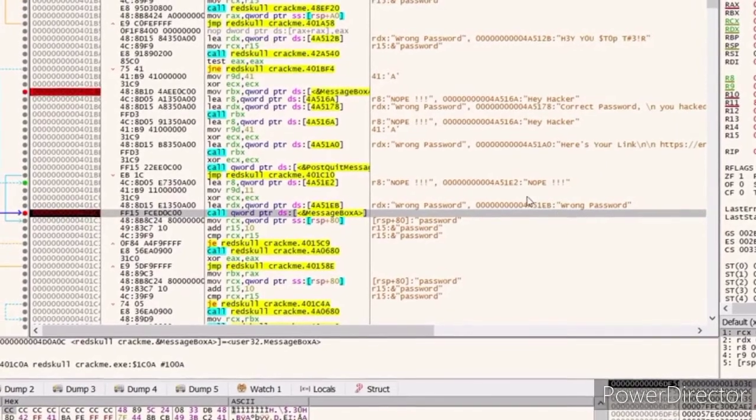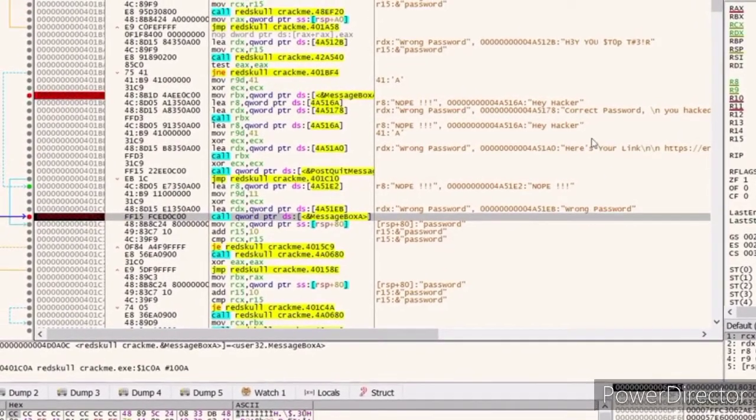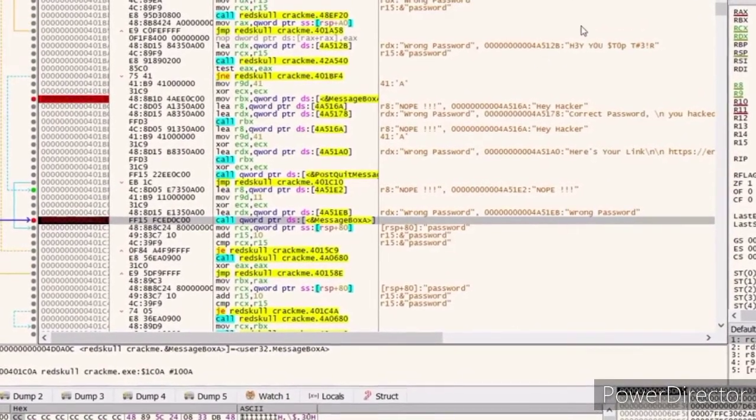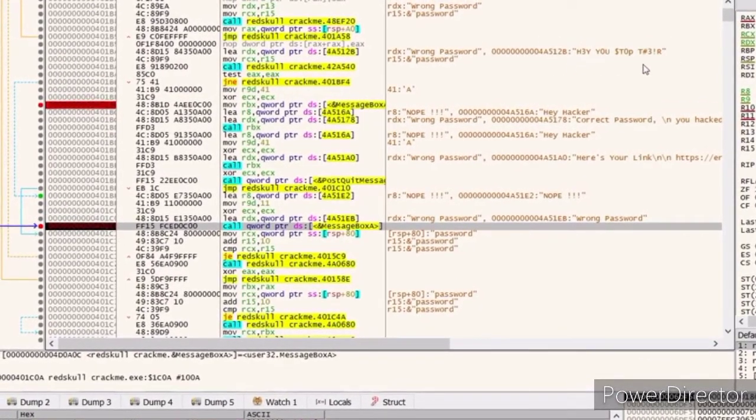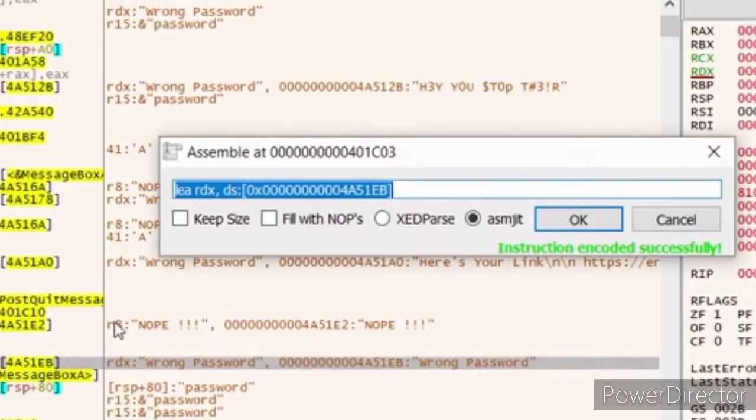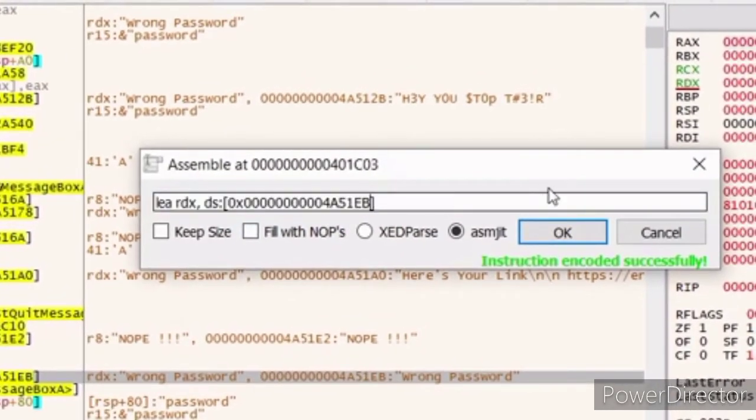Here you can see the wrong password message. The wrong password string has the address 4A51EB and the correct password has 4A512B. So 4A512B holds our correct password, which is hey you stop there in symbols. So we are going to change the wrong password to the original password, which is 4A512B. So I am going to type 4A512B